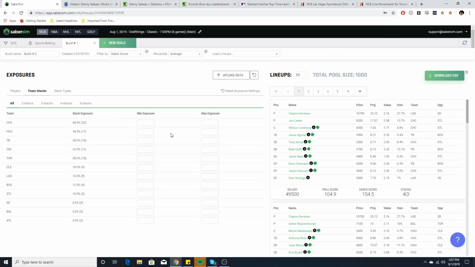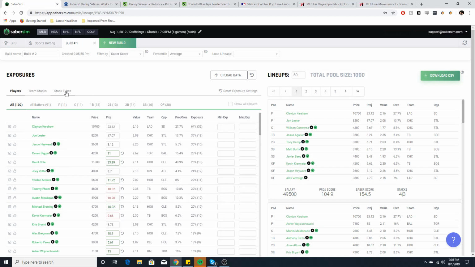Maybe I'm not really liking how much Cubs we got. And, damn, I forgot that the Cardinals actually have a really sweet bullpen. I don't really like them here as much, and I wish I took that into account a little better. Okay, well, I'll just lower their exposure to about 34%, and so now I have fewer Cub stacks. I was talking about how I didn't love Tampa Bay as much. I did lower them, so I'm just going to trust this and hope that their ownership isn't as high as I think. And it's actually pretty balanced given